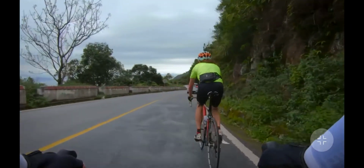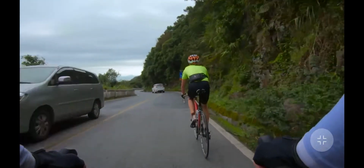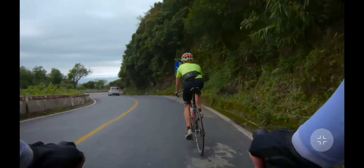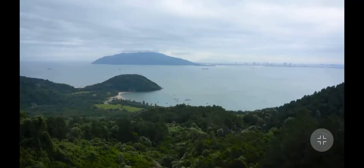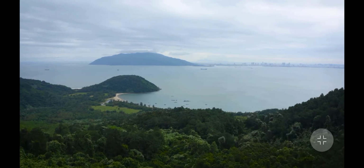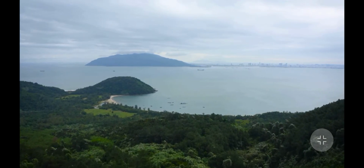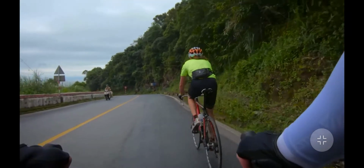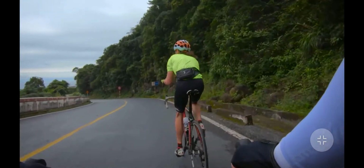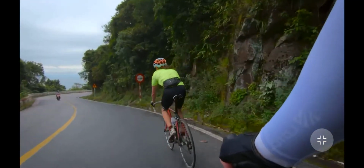as we will be knocking out 5 VO2 max intervals today on this extended descent from Hai Pass down to a beautiful beach overlook down in the valley below. On our Advanced Performance Adventure series here in Vietnam. And I must say,